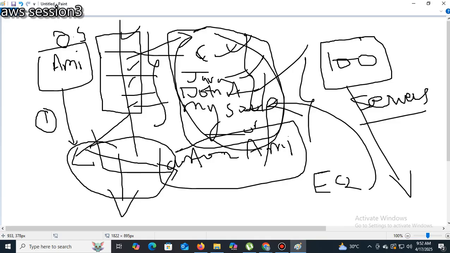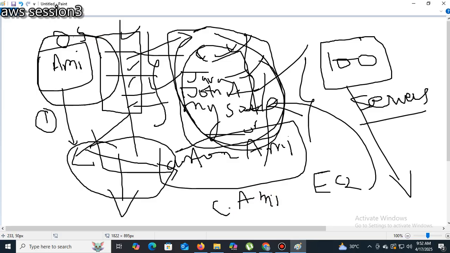Along with this EC2, these things also got backed up, and we created a customized AMI. I don't take the AWS-provided AMI; I take the customized AMI.